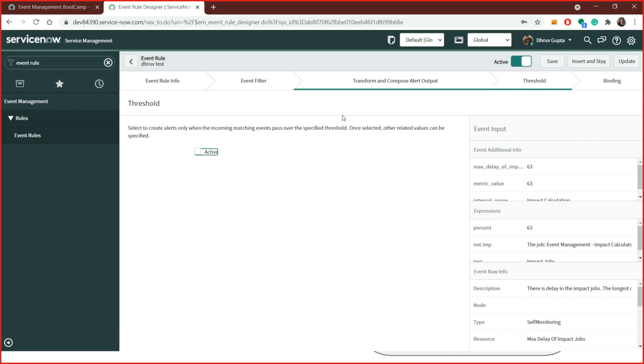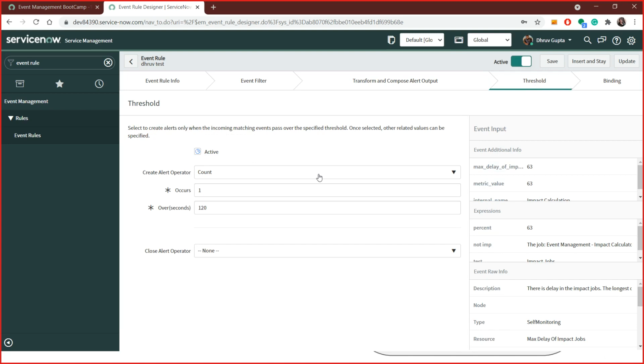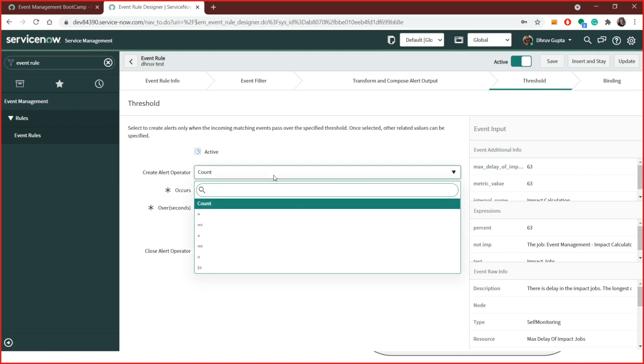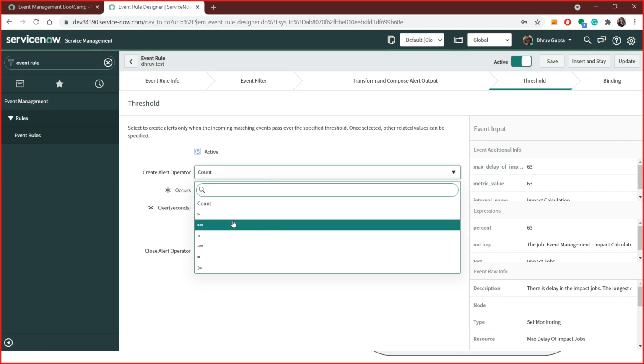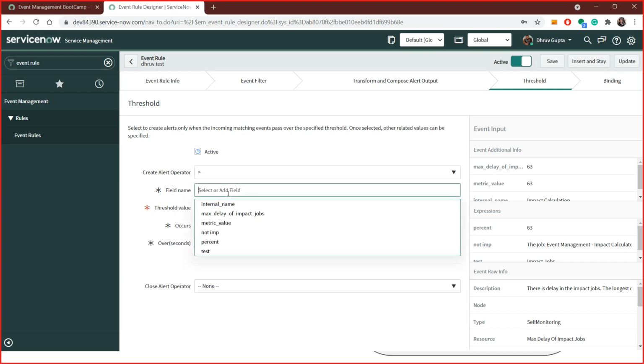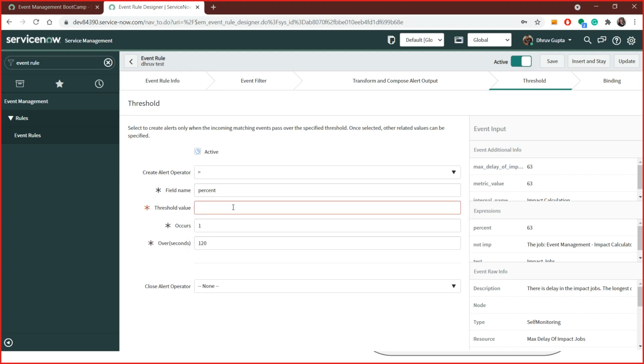Then the next tab is the threshold. To set the threshold, you need to set this active. Then you have these operators, for example greater than, and you need to select the field name, that percentage is greater than 80 occurs. I would be happy if I get one event that says your threshold value, the percentage, is greater than 80 within 2 minutes. 120 seconds is 2 minutes.